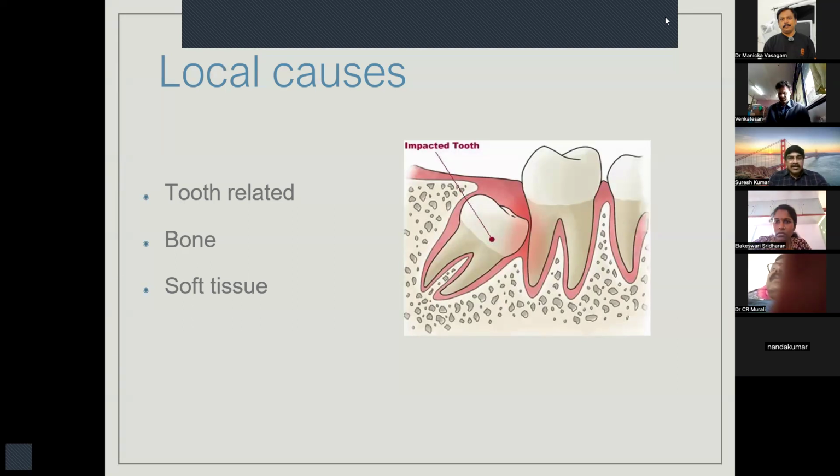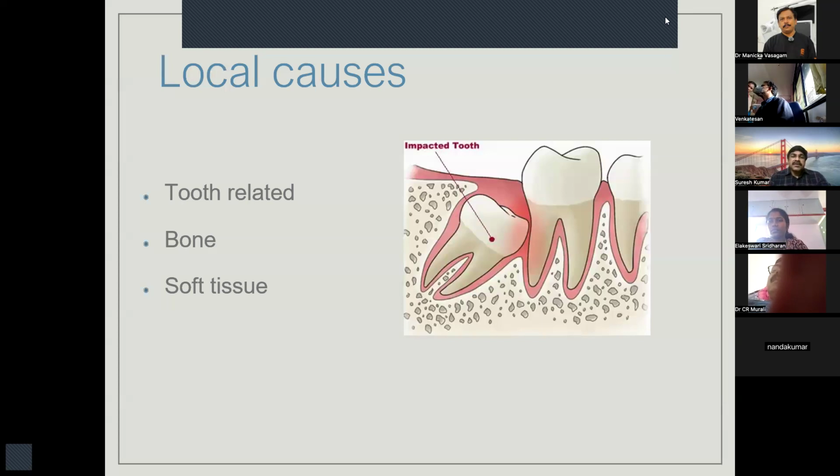All these things can cause problems in eruption of the tooth, leading to impaction, or it could be a problem from the bone itself. The bone can have more sclerosis, or the bone may not be very elastic. So due to some systemic factors again, like osteogenesis imperfecta, all these things can lead to sclerosing or more hardening of the bone. Then the tooth finds it difficult to penetrate the bone and come out. So that's bone related issues.